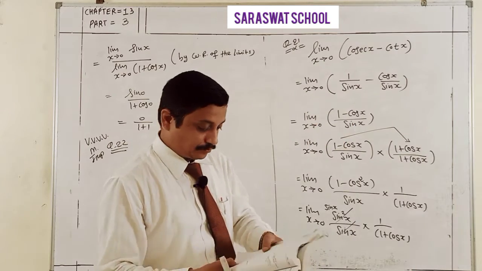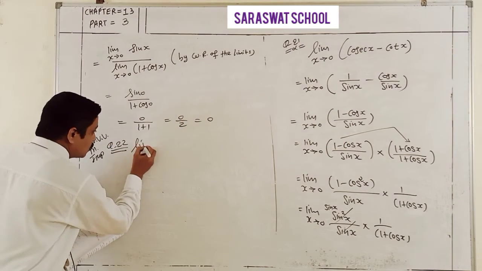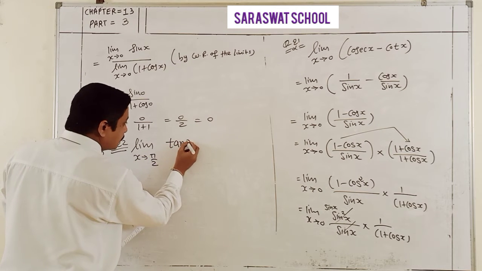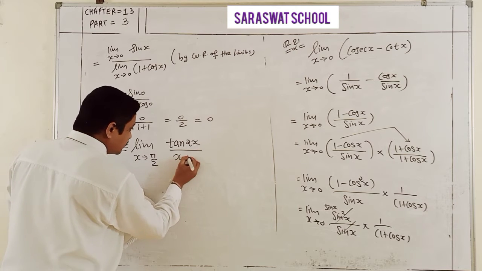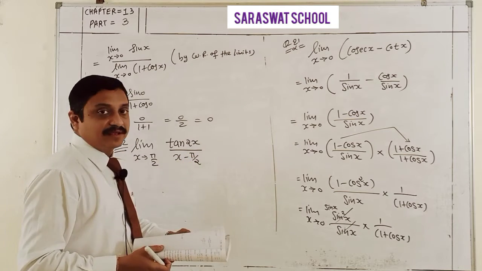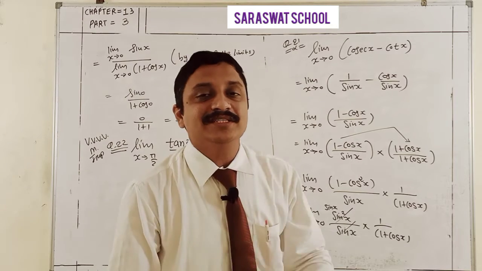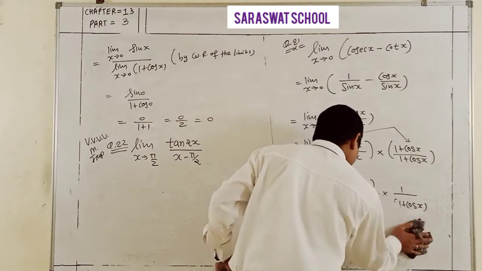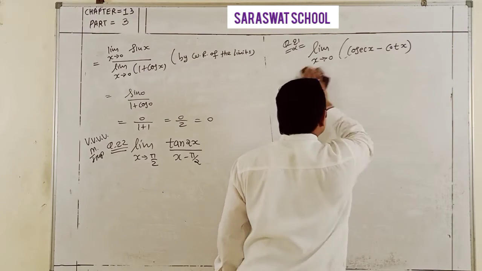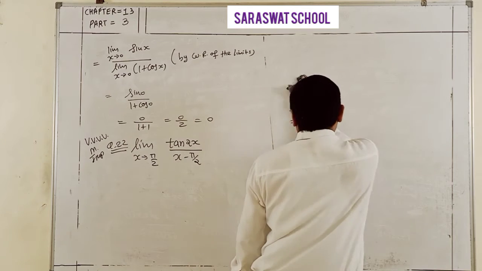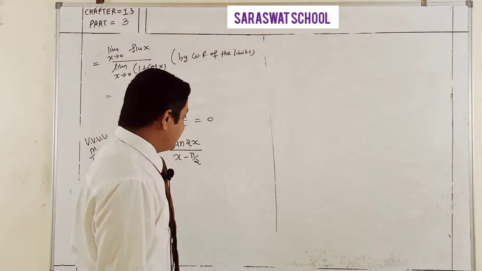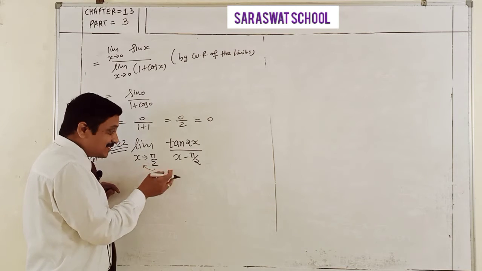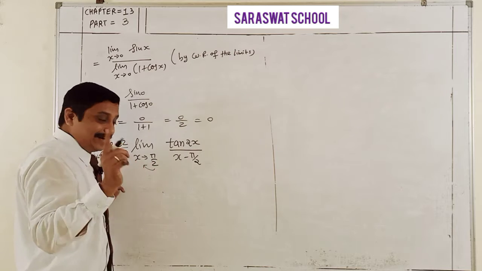The question is: limit x tends to pi by 2 of tan x by (x minus pi by 2), and in a very simple way you will get the answer. Before starting, students, I will check whether my limit is 0 or not. If it is not 0, then you convert it into the form of 0 only. Here the limit is not 0, so for anything related to pi by 2, I suggest always assuming